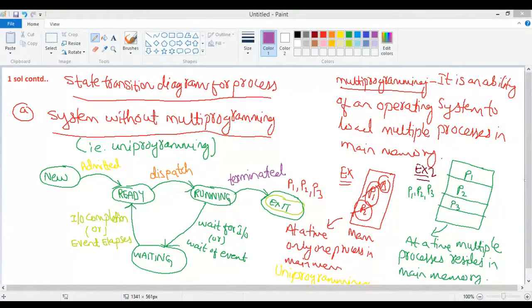Next, case B, we will take for multi-programming. So all this is about uni-programming only. So in uni-programming, can a process transit from